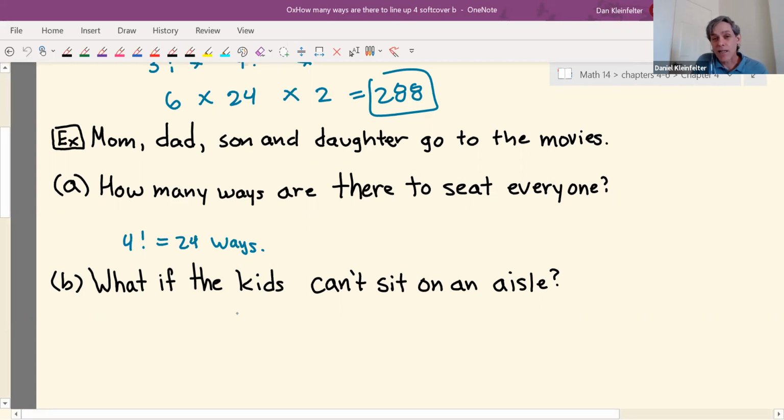That will decrease the number of possibilities. If you start restricting what can happen, that's going to lower the number of possibilities. Okay, so let's think about what's possible. Let's say that the aisle is right here, and here's the 4 seats. So we need to think about how we can assign these seats in such a way that the kids don't